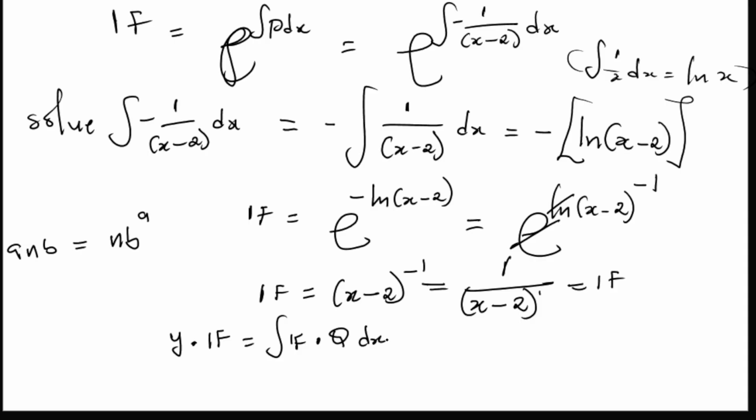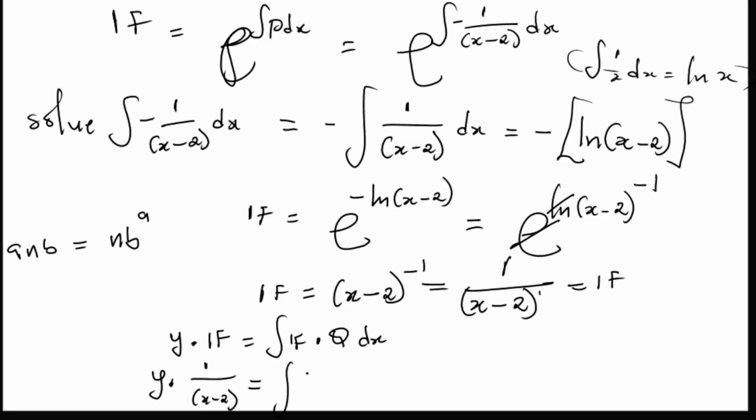Now, if you want to apply this next step, the next step simply says what? What's your y? We don't know our y because that's our interest. So since we don't know our y, your y variable stands as your y. So you simply have y dot, what's now your if? Your if is 1 over x minus 2, which we got. So you simply have 1 divided by x minus 2, and this will be equal to